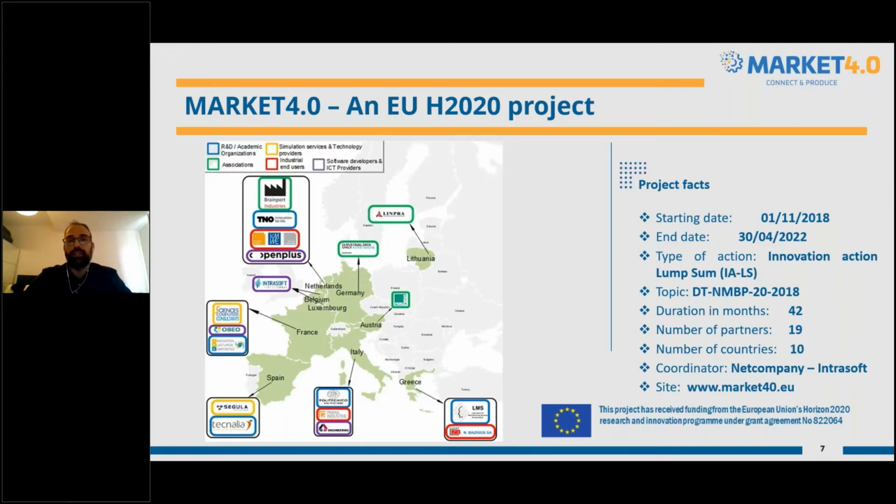Market 4.0 is a Horizon 2020 project, an EU-funded project. It kicked off in November 2018, and with a duration of 42 months, 3.5 years, it has been no more than 2 weeks since it was completed, on the 30th of April 2022. It's an innovation action project, and it follows the lump sum model. Just for your information, the topic identifier under which it ran is DT NMBP